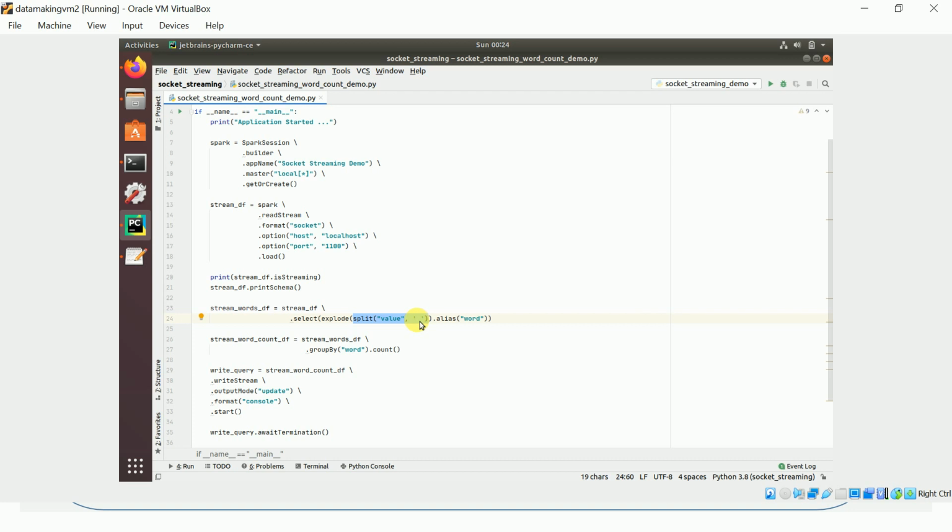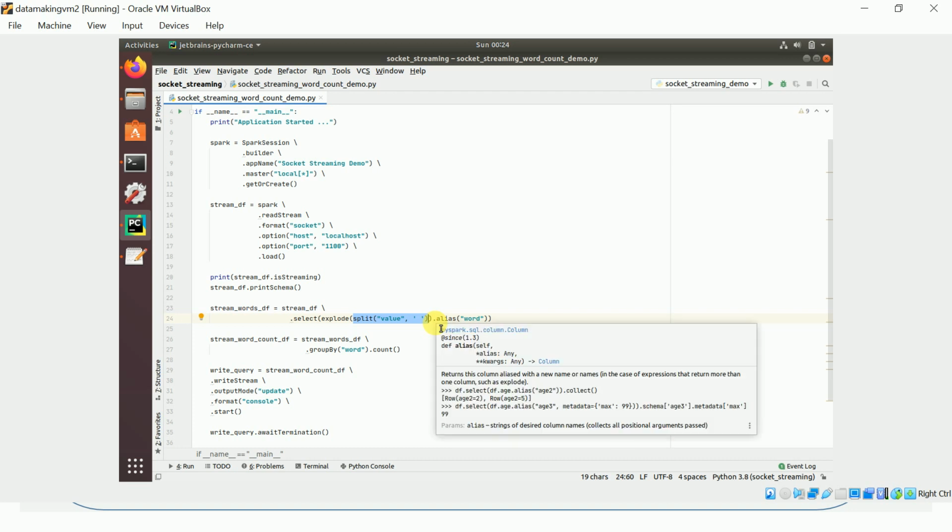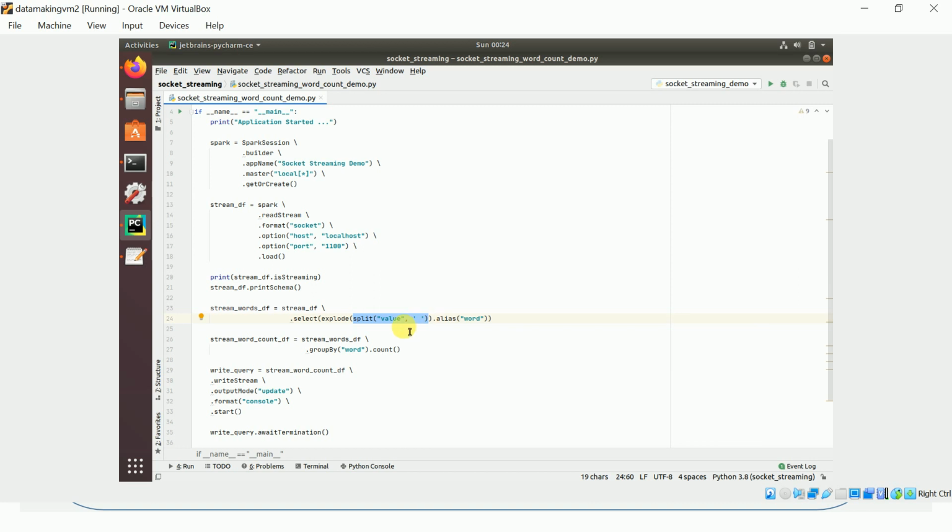If you want to turn the array into multiple rows, you need to use the explode function. So that's what I'm doing: explode of split of the value. The multiple elements in the array will become multiple rows in your data frame. Then I'm giving that column the alias word, so the value column becomes word. That's what is happening in this line. It is going to create a data frame with word as a column, and each word will become a value in a row.